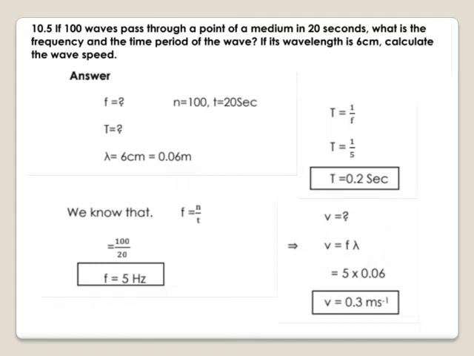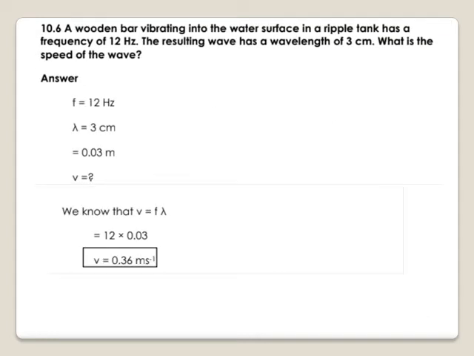Numerical 6. A wooden bar vibrating into the water surface in a ripple tank has a frequency of 12 Hz. The resulting wave has a wavelength of 3 cm. What is the speed of the wave? So as we know, the relation for wave speed is v = fλ, and